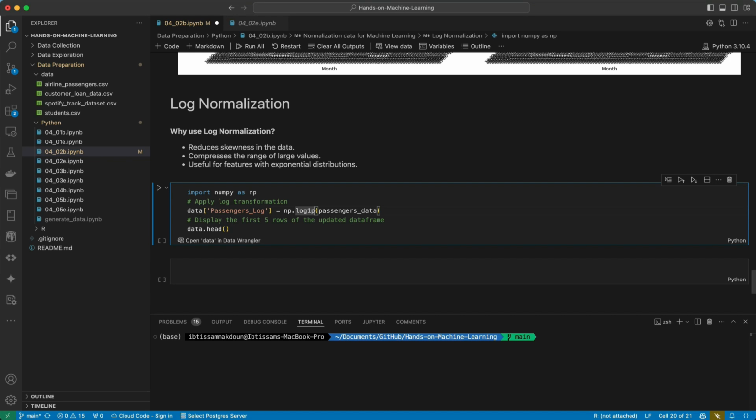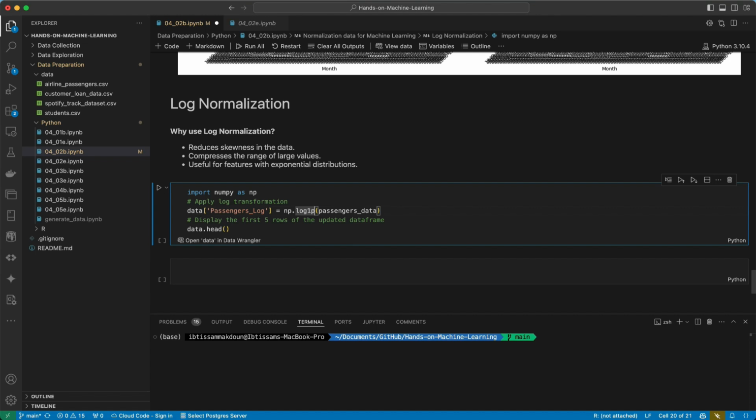The log1p function from NumPy computes the natural logarithm of 1 plus the input array element-wise. Why log1p? When you apply a logarithm transformation to data, using log1p instead of log helps avoid issues when the data contains 0 or very small values. For example, if you try to compute log 0, you would encounter an undefined or negative infinity error. Log1p adds 1 to the data first, which shifts the range of values and ensures the logarithm is well defined